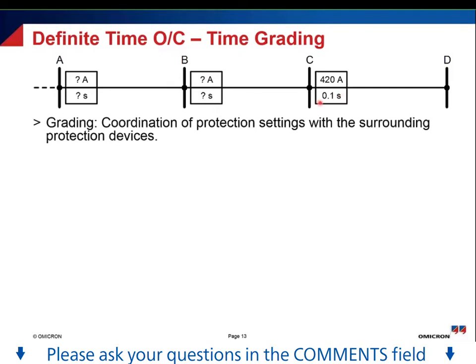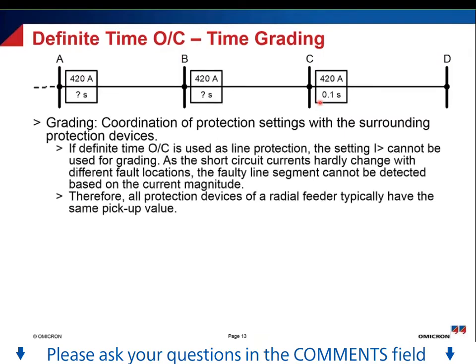And that is typically done for overcurrent protection with time grading. Why do we use time grading? Well, if you use definite time overcurrent as a line protection, so to protect our overhead lines or cables from electrical faults, then